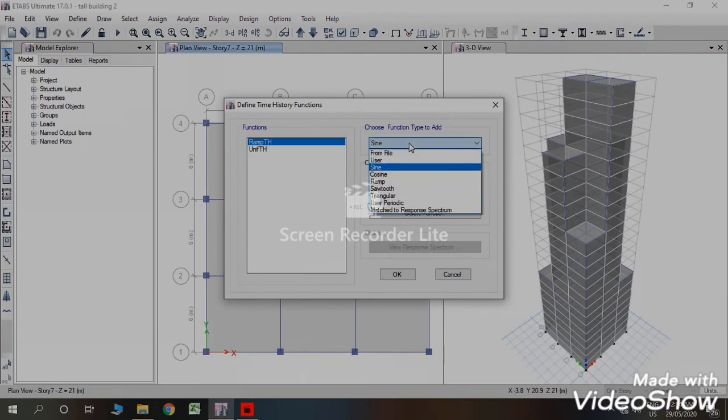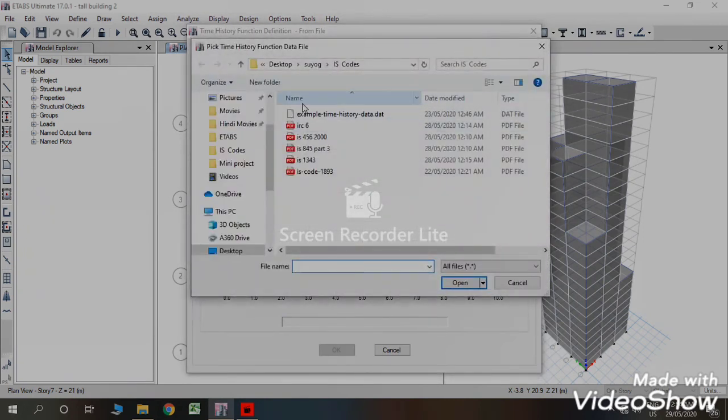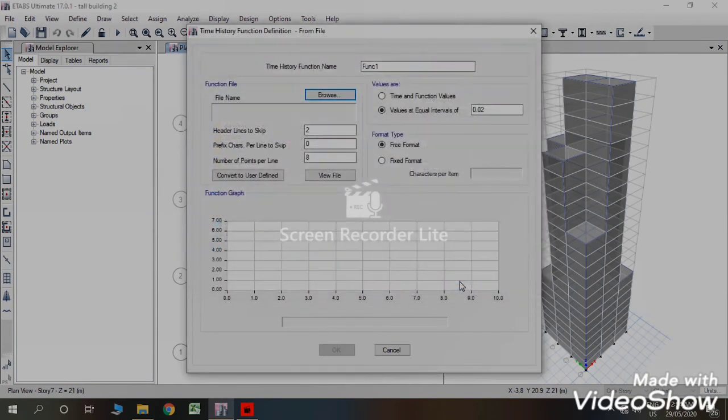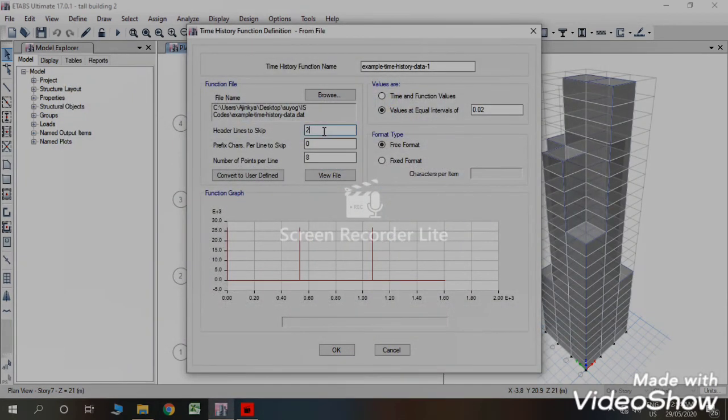Here select from file, add new function. Here we will browse the file. This file is available in the description. Here we can see after 9 lines actual example is started, so we will select header lines to skip as 9.